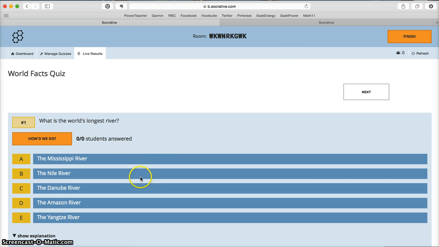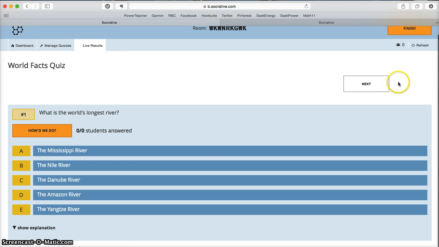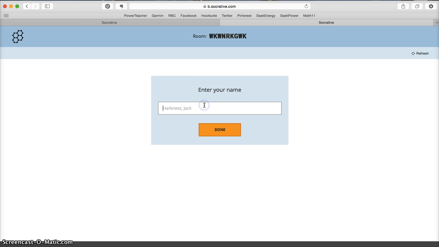So this is what the teacher view will look like. Okay, so it shows me question number 1. I could skip to the next question if I wanted to and come back to this later. Okay, I can see that no students have answered yet, and that's because our students haven't joined. So if I click on the student view,